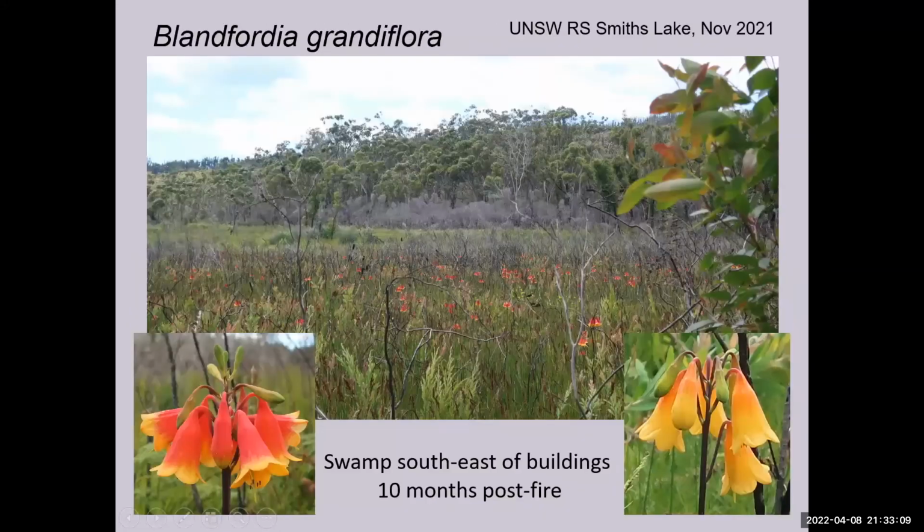Now, the important part for the burning, this area was part of the swamp that was burnt. There was a controlled fire set up far over the other side of the main road, and it escaped and caused a burning of a much larger area of the bush. You can see there's recovering trees here, but the swamp was just absolutely covered